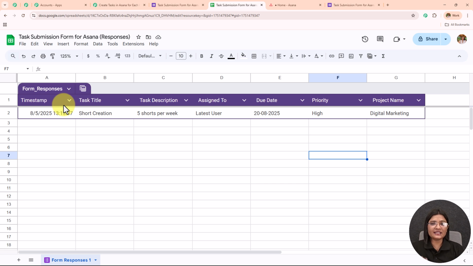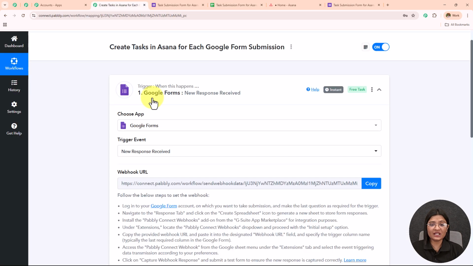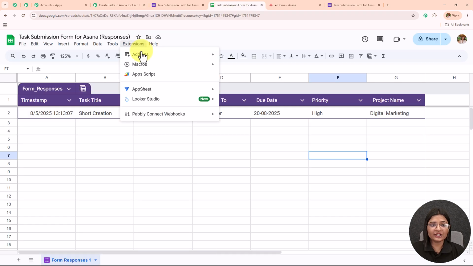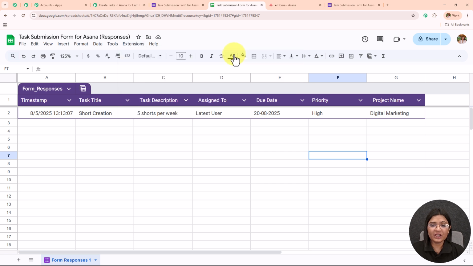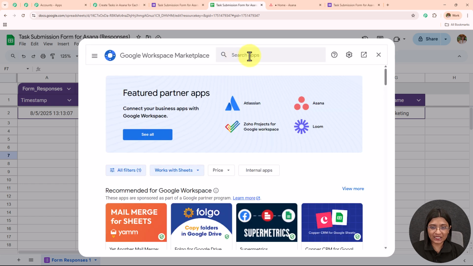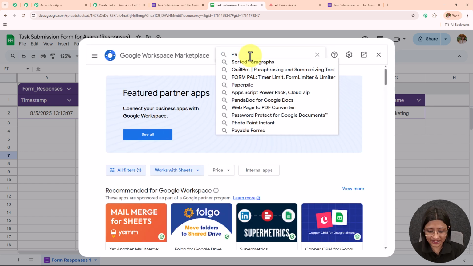Now here I'm going to send this data to my Pabbly Connect workflow. We have established the connection between Google Forms and Google Sheets, and now we are going to create the connection between this particular spreadsheet with this Pabbly Connect workflow. So to do that, I'm going to go towards my spreadsheet. I'm going to click on this extensions, go to add-ons, and then click on this get add-ons. You will see Google Workspace Marketplace will appear in front of me, where I need to search for Pabbly Connect webhooks,